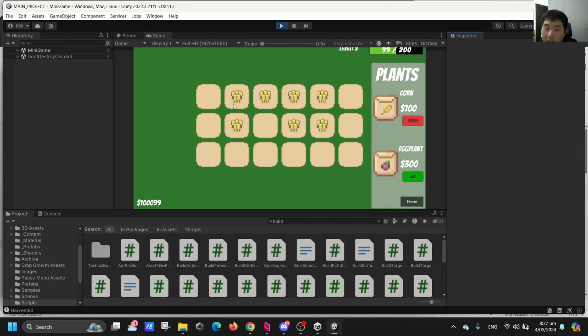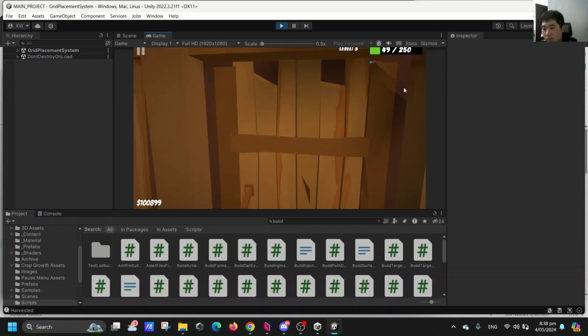My 2 user stories are XP and tutorial. So XP, once you get something, the level, as you can see, the level will increase. So as the level increases, the amount required for the next level will also increase. As for the tutorial, if you go back home, when you press tutorial, it goes to tutorials,